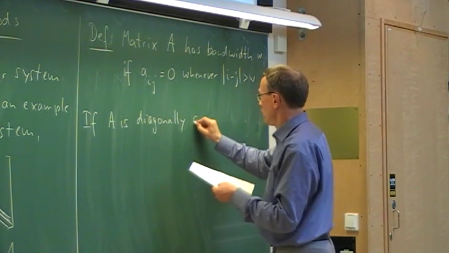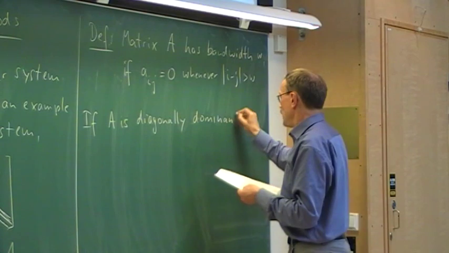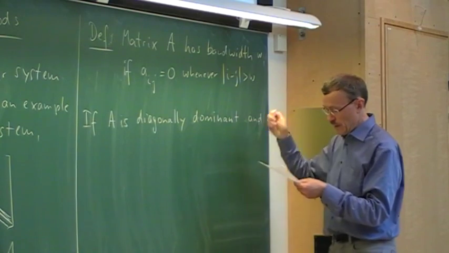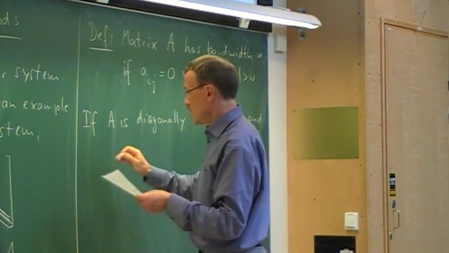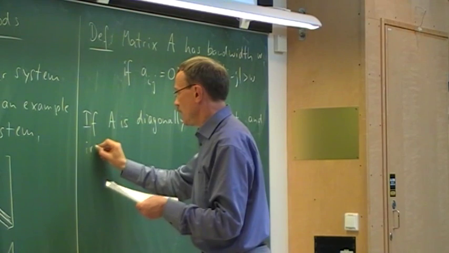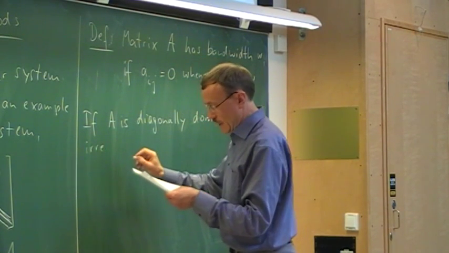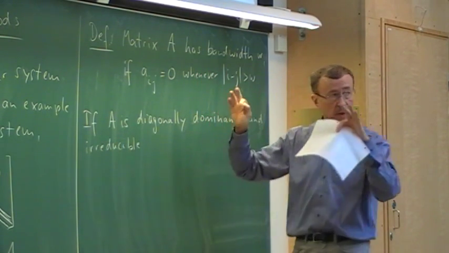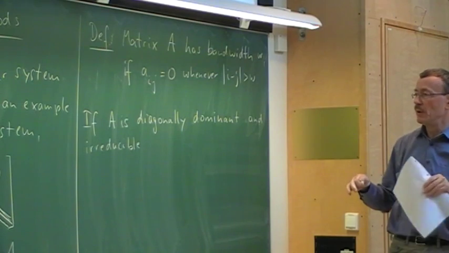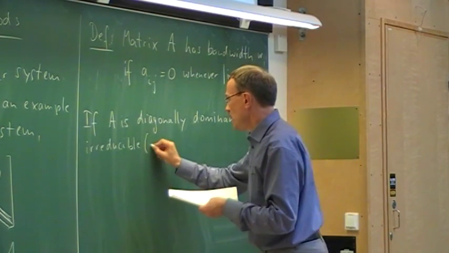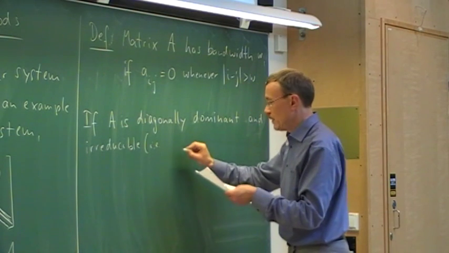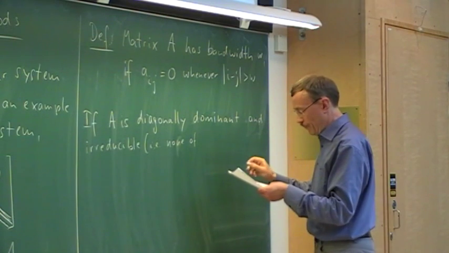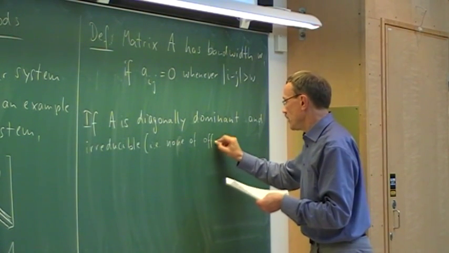And if you look in the papers, then it would also need another prerequisite, but that is okay in our case, and that is called irreducible. So if we take the boundary conditions into the problem, then it is irreducible, and that means that none of the off-diagonal elements